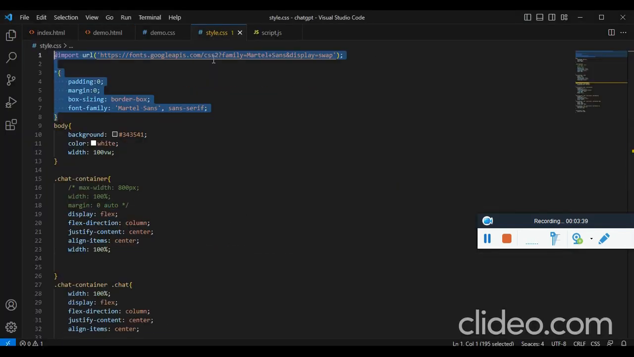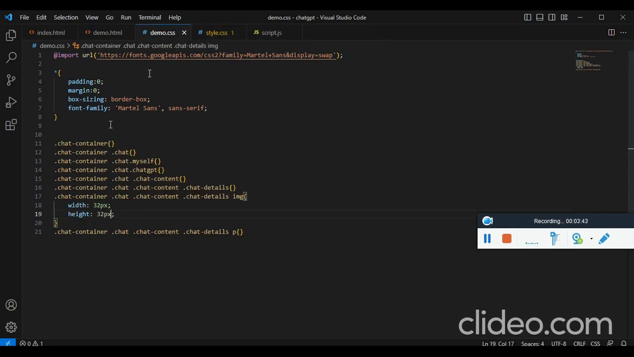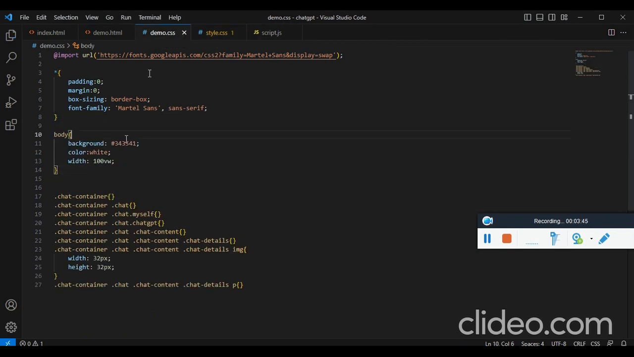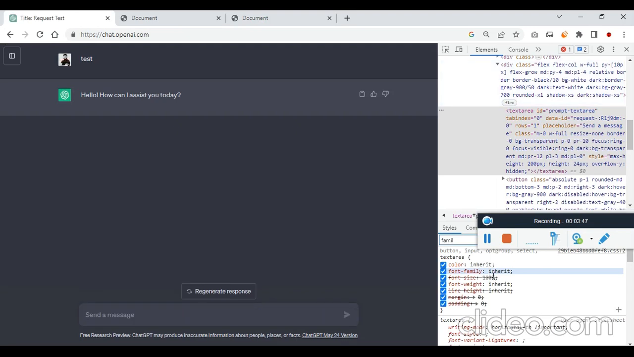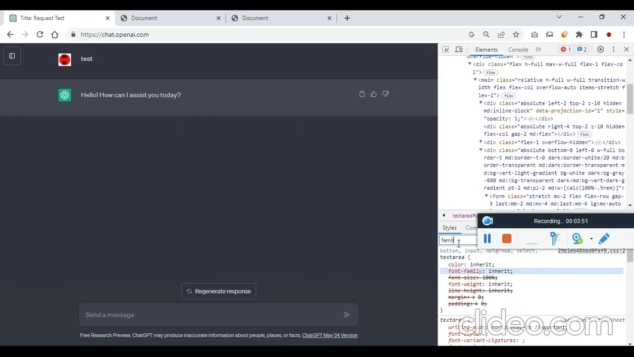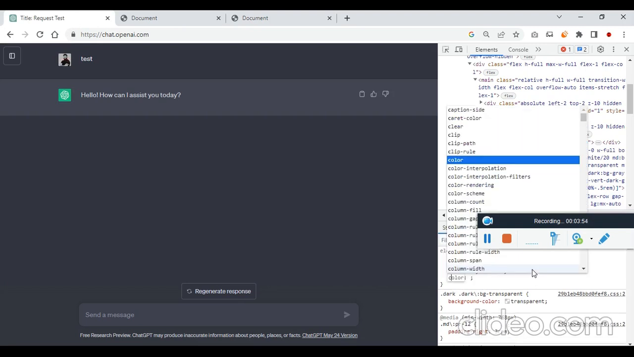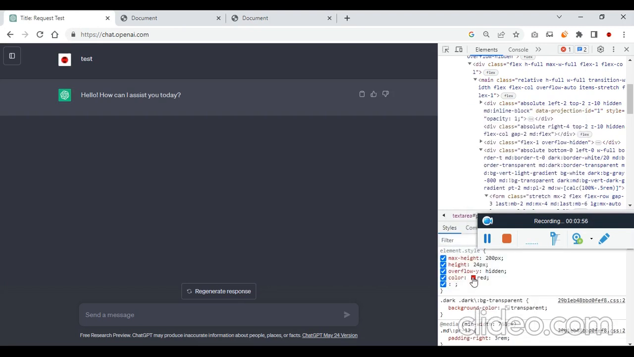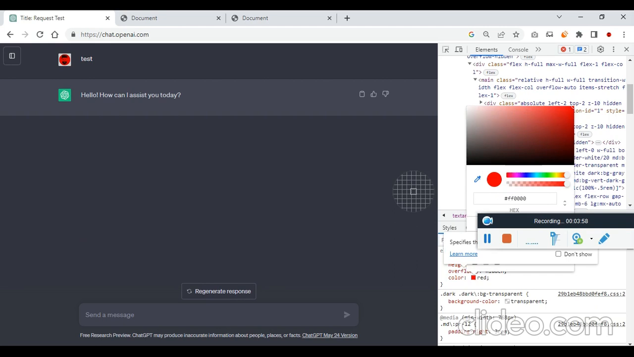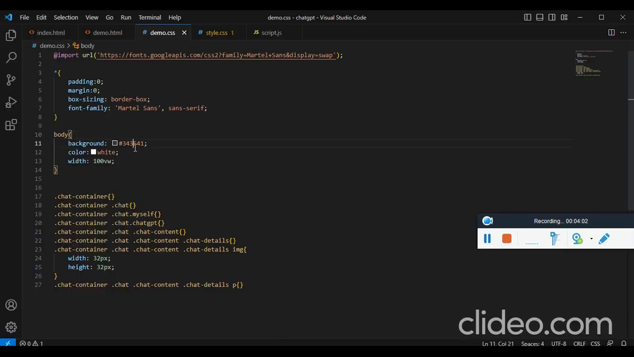Now for the body we have a ChatGPT color. I have taken it from here. You can just type color from anywhere, and you can pick the color using the color picker tool. Just copy this to get the hex code, and paste it over here. And for the body, this is the ChatGPT color, and for all elements in the body the color should be